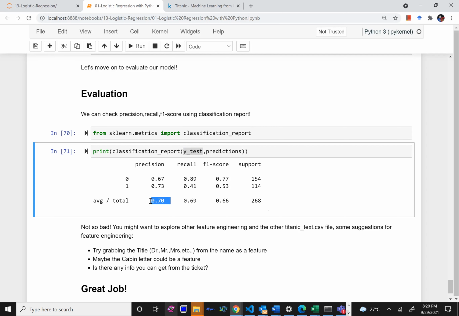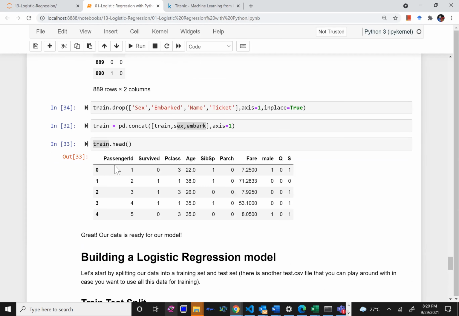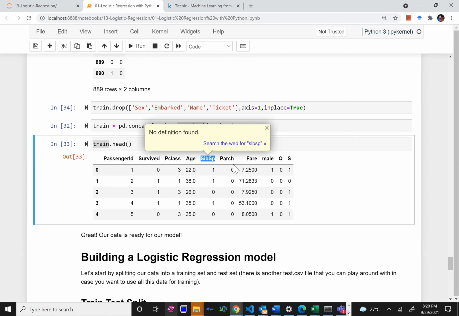So my present accuracy is 70%, right? So basically, with a probability of 0.7, 70% of the time my model will give me a correct answer, and 30% of the time my model will give me a wrong answer. So if you give passenger id, passenger class, age, siblings and spouses, fare and gender, then my model will tell you correctly whether the person is going to survive or not 70% of the time.